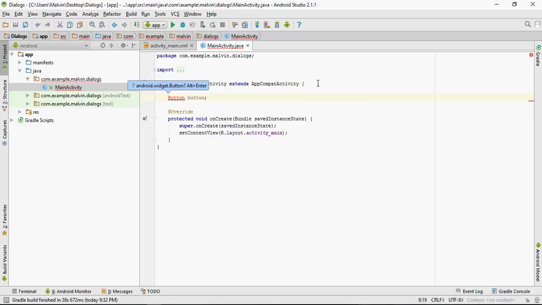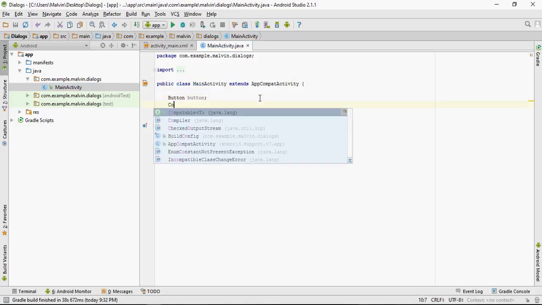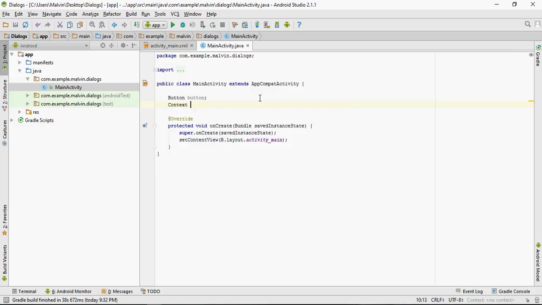Don't forget the semicolon. Alt enter. Context. So context allows access to application specific resources and classes, as well as calls for application level operations such as launching activities, broadcasting, and receiving intents.